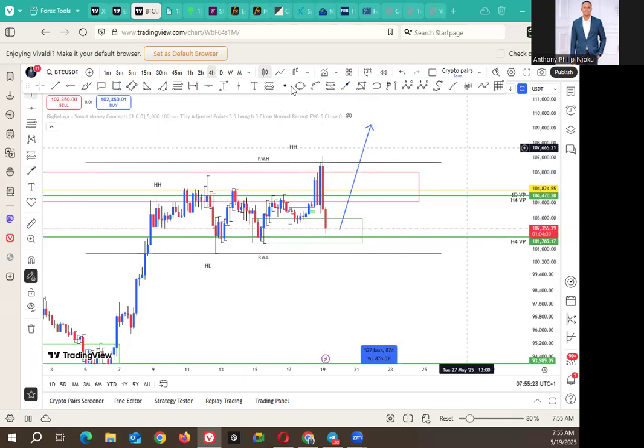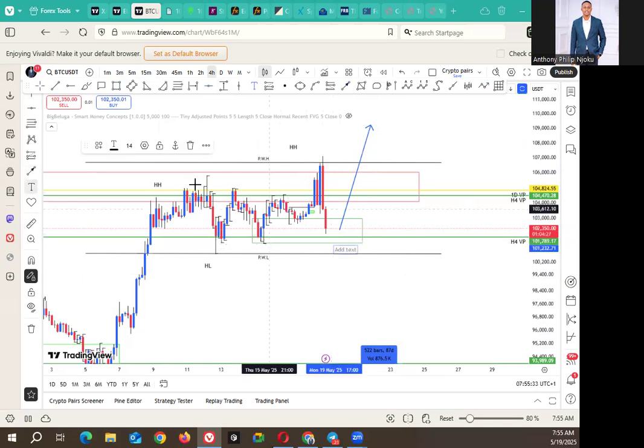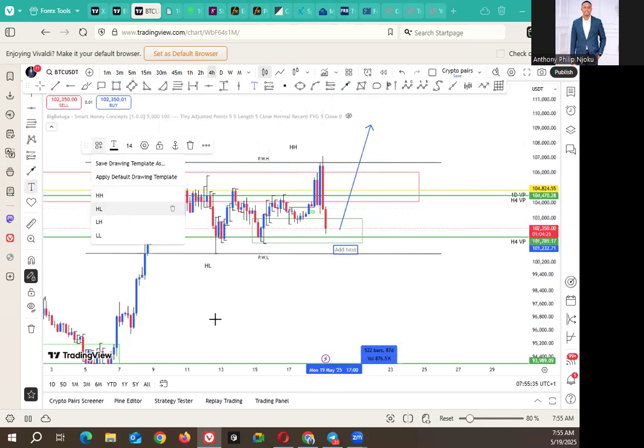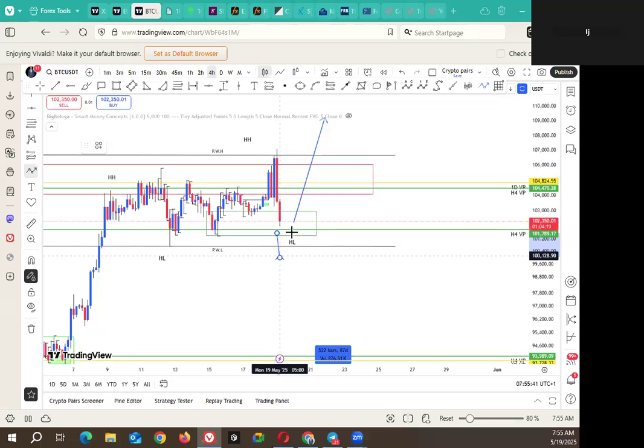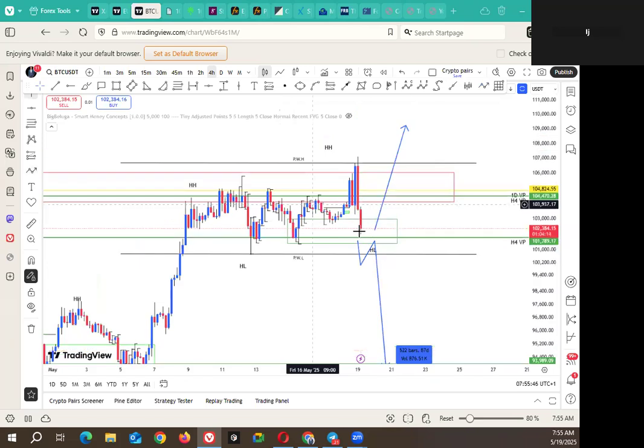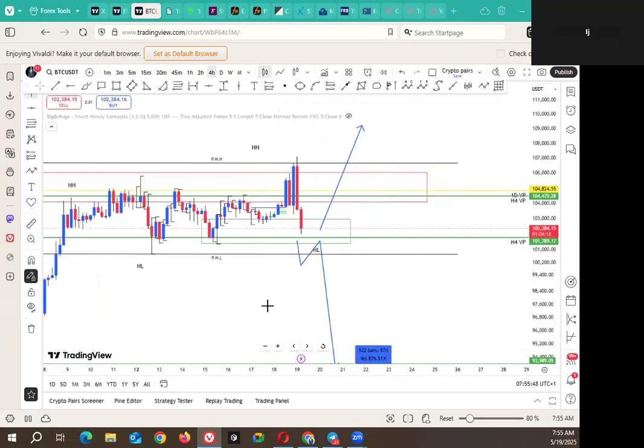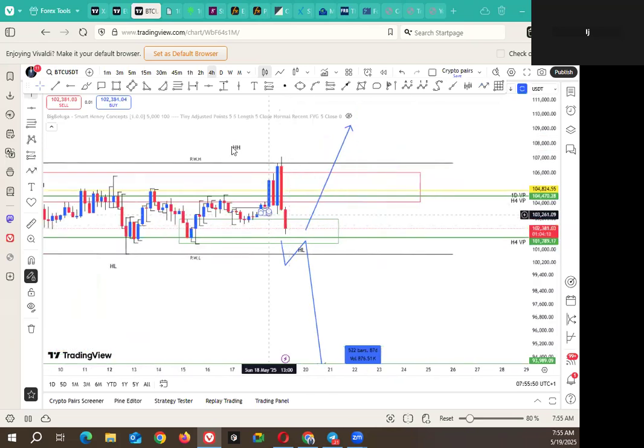Okay, so this is now going to be the higher low we're expecting the market to create. It's going to be from the continued bullish structure. But in any sense that this market breaks this, retests it, we're going lower. So we monitor this closely. The market has not actually set up yet. We monitor this closely. Once we see the market set up accurately, we'll be sending signals to the VIP group